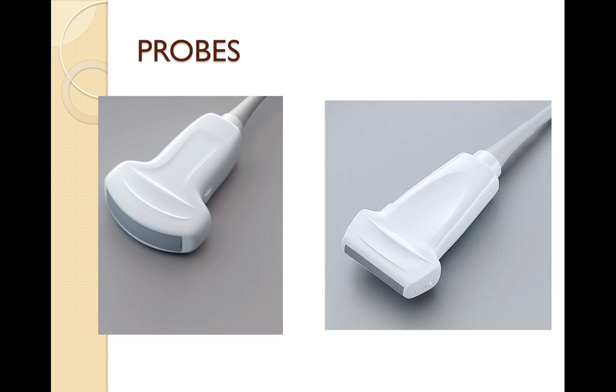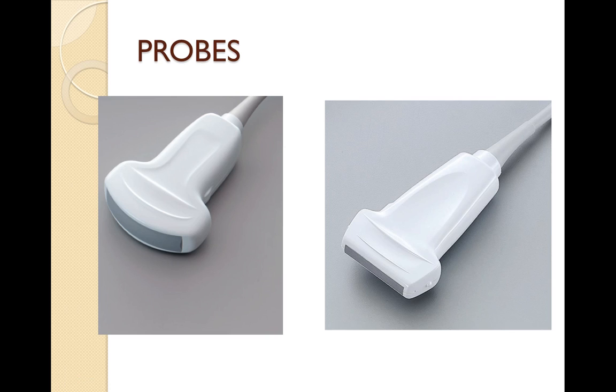If we talk about probes in anesthesia, we need mainly two probes, that are curvilinear probe and linear probe. But for echo, you require a separate probe. Curvilinear probe is a low frequency probe. It has got better penetration, so you can see deeper structures, but the resolution is not that good. But with linear probe, you can see superficial structures with better resolution. So linear probe is more used in most of our nerve blocks, while curvilinear probe is important in giving deeper